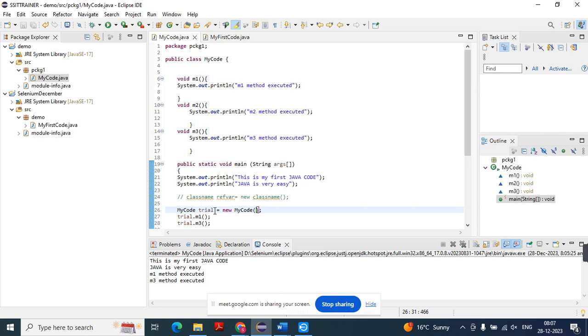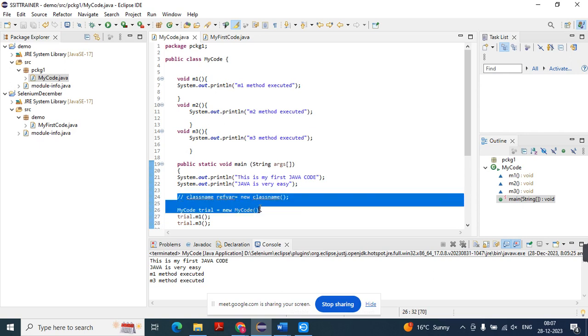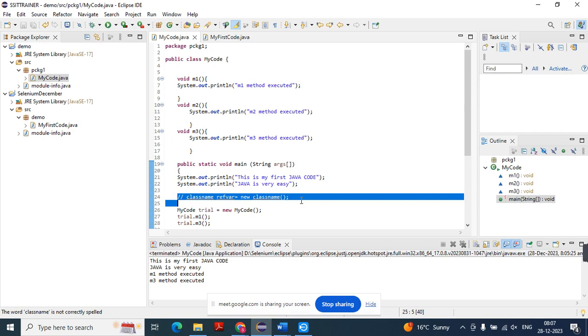Okay. And this is a syntax to create an object. In line number 24 that I have written, it is a standard syntax, like the main method's syntax is standard. So this is a standard syntax to create an object of the class. Okay,